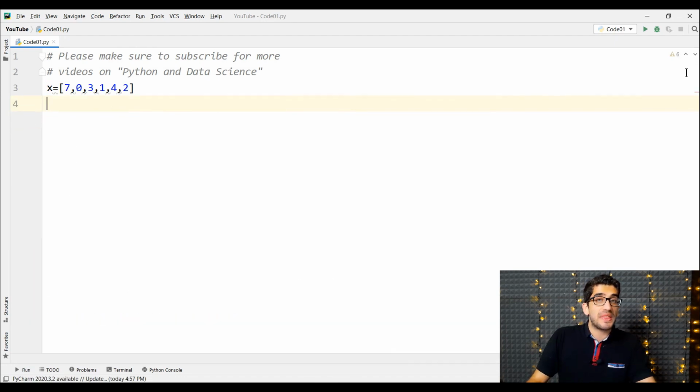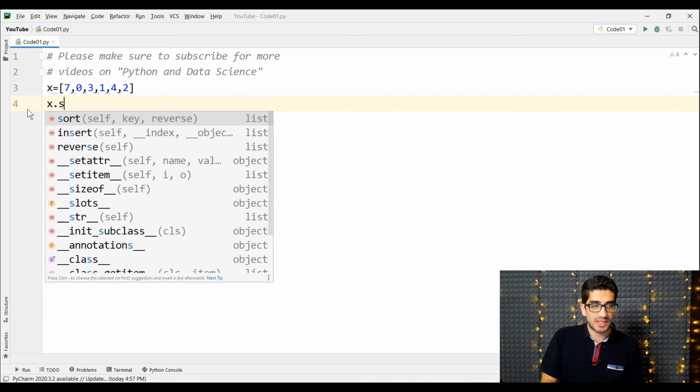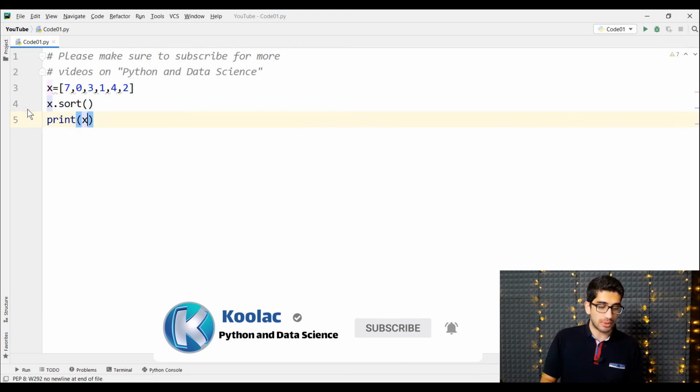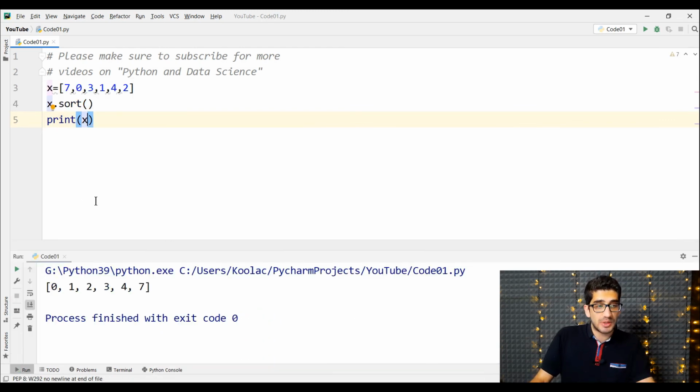So let's talk about the sort method, which is a method used for sorting the values of a list in ascending order. So here, if I want to sort the values of this list in ascending order, we simply type x.sort, and after sorting the values in ascending order, I want to print the x variable. So if I run the code, you can see that the values in this x list have been sorted in